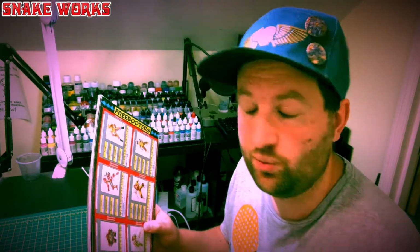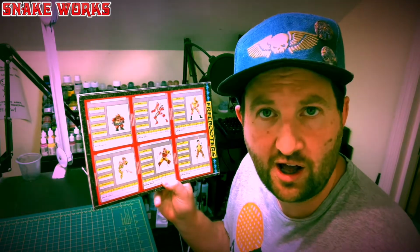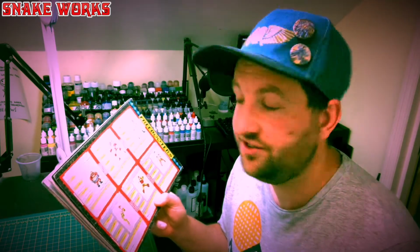So whilst looking on the back cover of issue 102 of White Dwarf, you get this collection of character cards of sorts for Blood Bowl, and the guy at the top left is a dwarf, and in his stats it